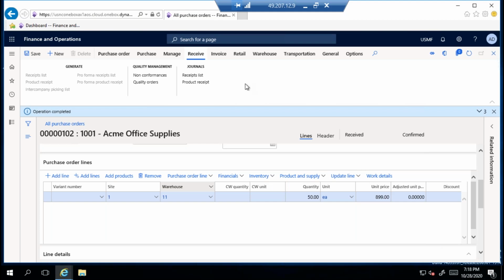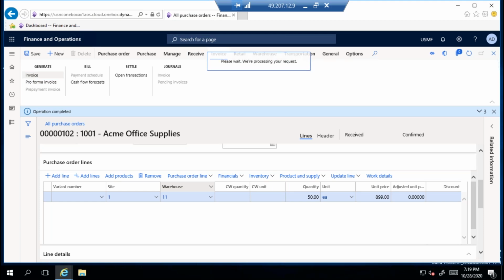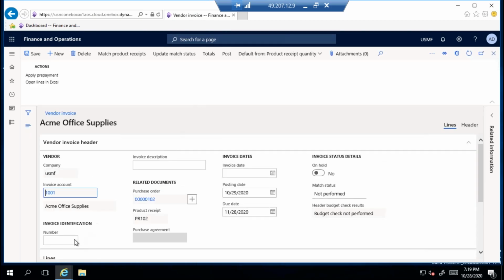Then vendor invoice. The invoice number you need to enter. Invoice number is a must. This is the vendor invoice document number and invoice date.